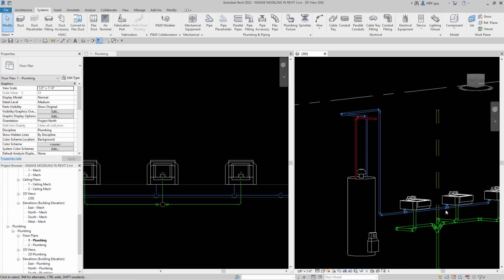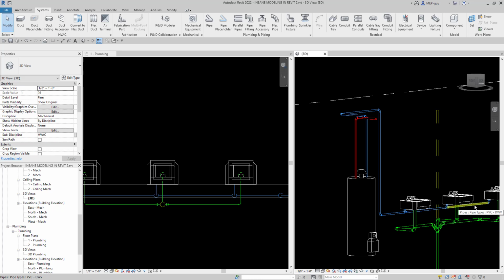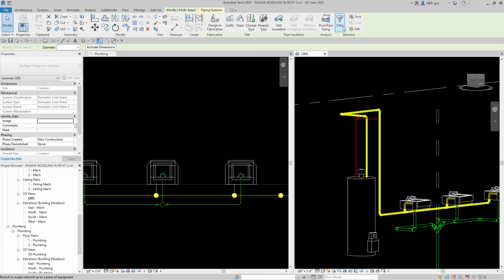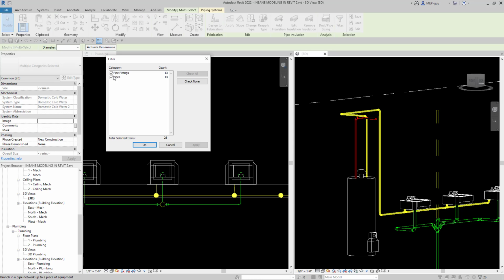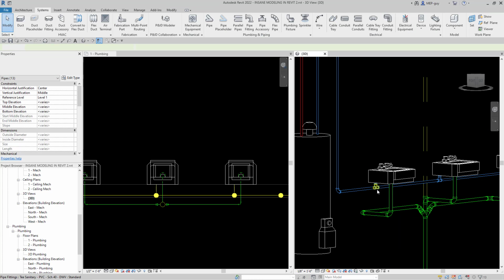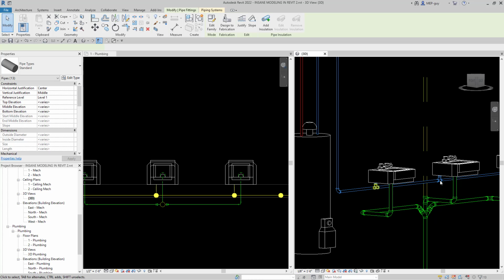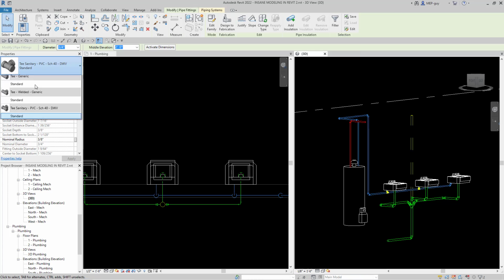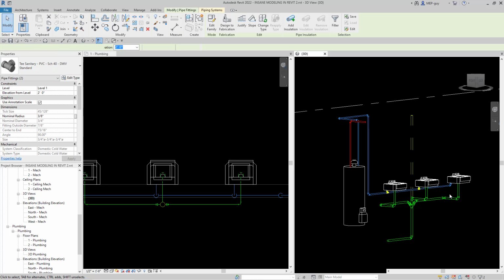As you can see, we drew with the wrong pieces of pipe again, so we have to tab all of these. And we should probably make sure that we stop drawing things on the sanitary system, but I'm going to go to filter, and we're just going to deselect the pipe fittings. Make sure we change our pipe type to standard, and then we'll go ahead and select these T's right here by holding control, and we'll change those to a sanitary or a T generic, and we'll do the same thing with our